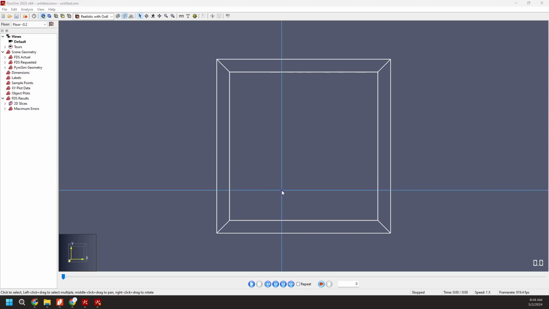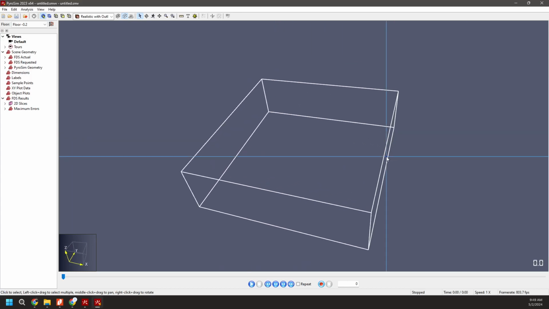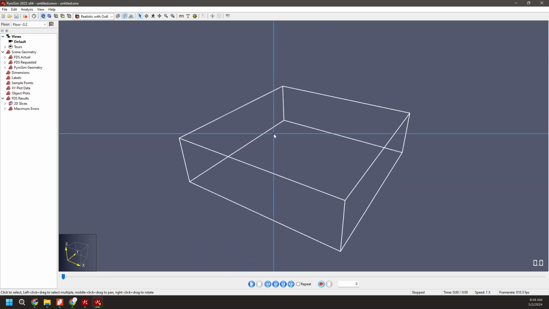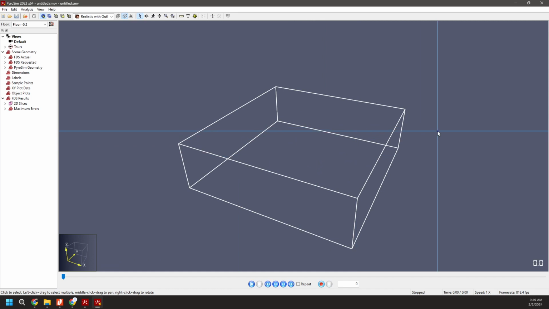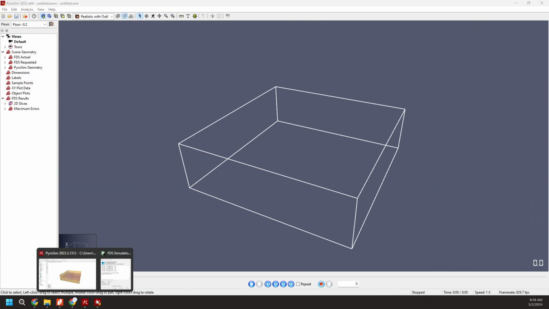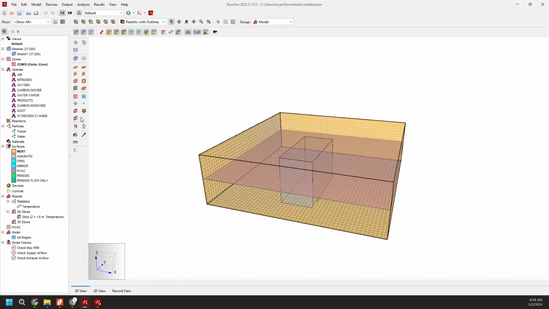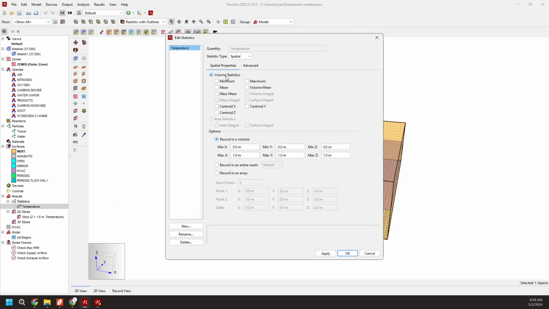Hi, so this is how you can get a fairly accurate estimate of a maximum value in a slice, maybe 2D or 3D slice, from the color bar. The recommendation would be to use a 3D statistic. So if I was to go into PyroSim, I could go to Output, Statistics, use the spatial type,